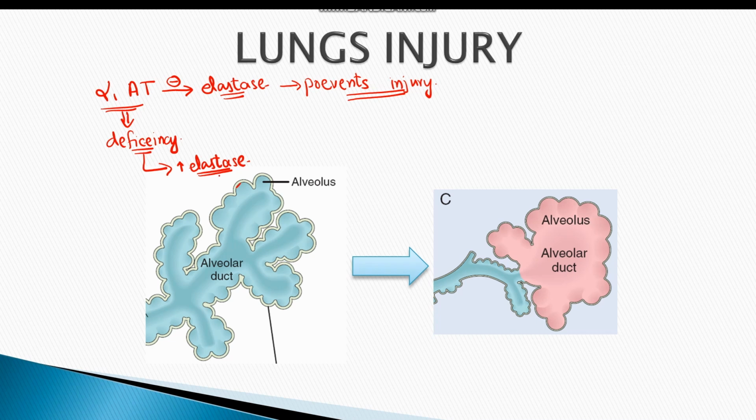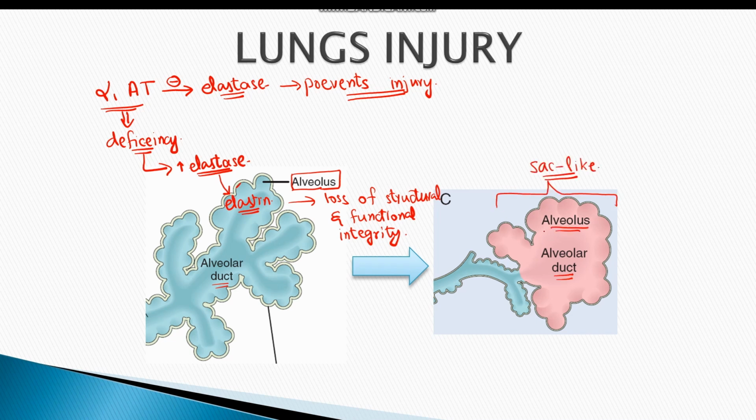This elastase enzyme starts to damage the elastin protein present inside the alveoli. The excessive damage to alveoli results in loss of structural and functional integrity of the alveoli. So the alveoli and alveolar duct are converted into a sac-like structure. This sac-like structure is formed due to loss of elastin from the alveoli, and therefore it has lost its structure